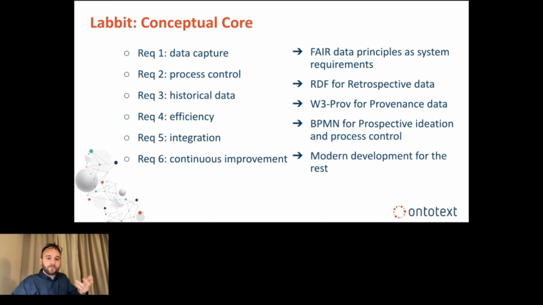But what about process control? Well, it turns out that if you think about the data store as the retrospective place to store things, the historical place to store things, it naturally follows that you need to think prospectively about how to specify what you want to do, as in state ahead of time what you're planning to do in any given process, and then follow that process rigorously. So as we explored the space, we discovered the ISO standard business process model and notation, BPMN,